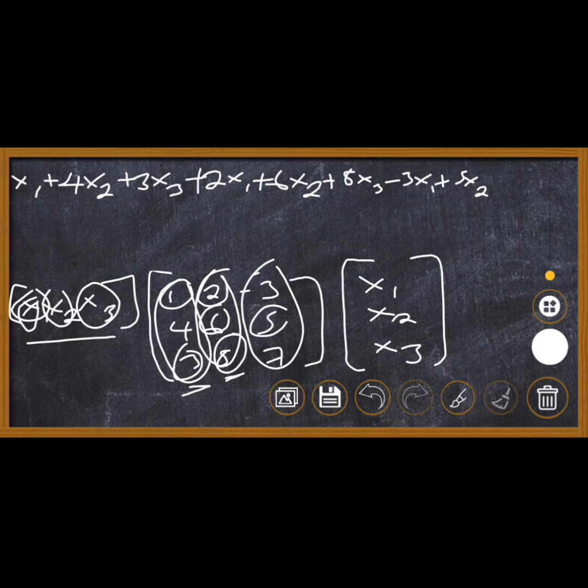Then x3 multiplied by 7, we are going to have positive 7x3. There is not enough space here, but all in all, after we are done with this, we multiply